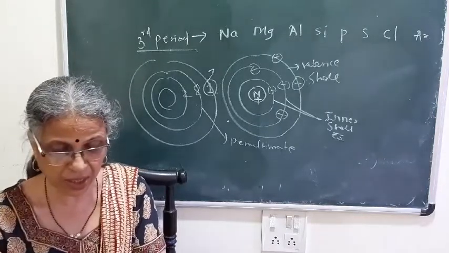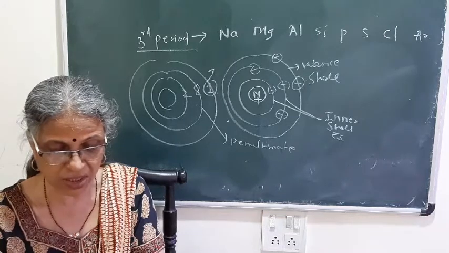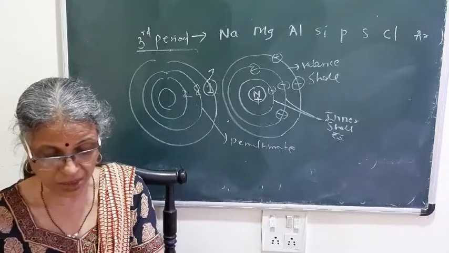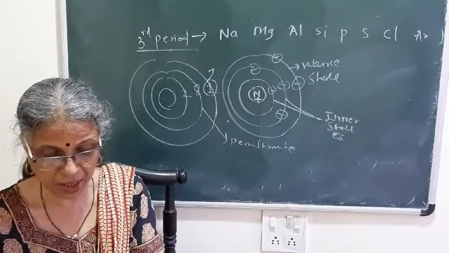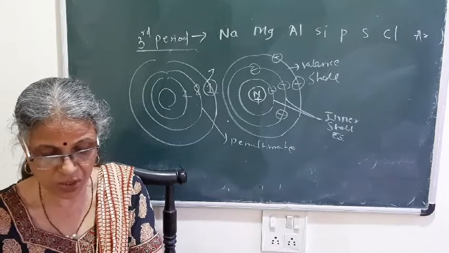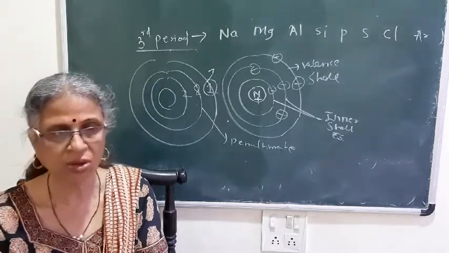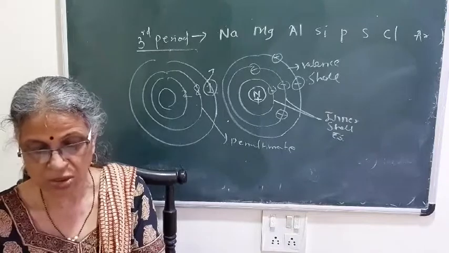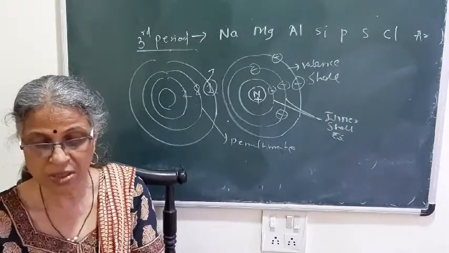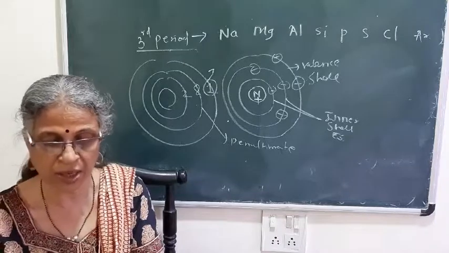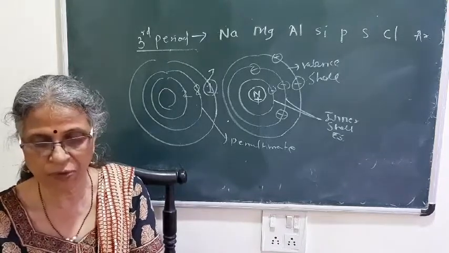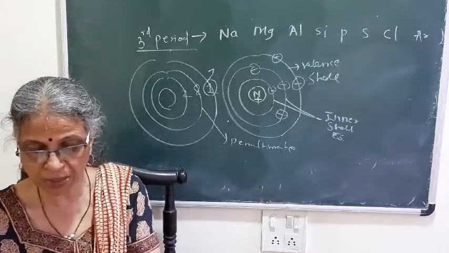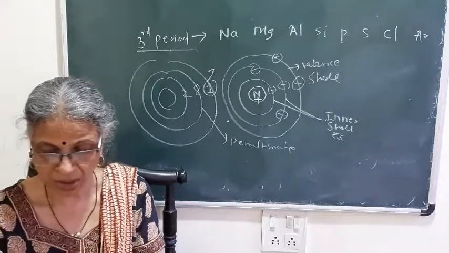What is the expected trend in the variation of non-metallic character of elements from left to right in a period? It increases. What would be the expected trend in the variation of non-metallic character of elements down the group? It decreases. Metallic character means electropositivity, non-metallic character means electronegativity. Down the group, the metallic character increases and non-metallic character decreases. From left to right in a period, the metallic character decreases, that is, non-metallic character increases. Always remember, they have given the same thing on the right side.